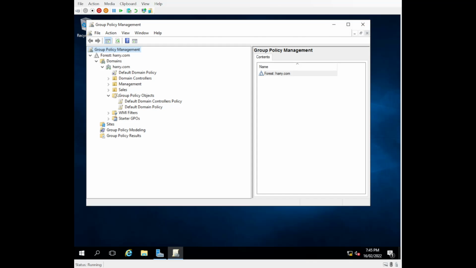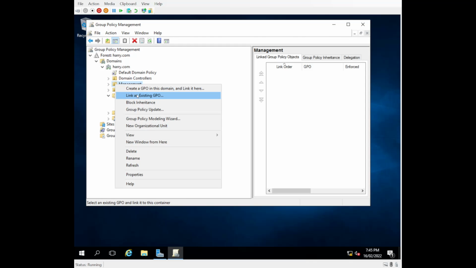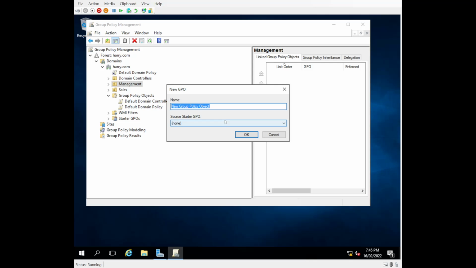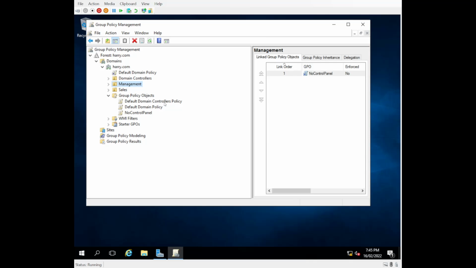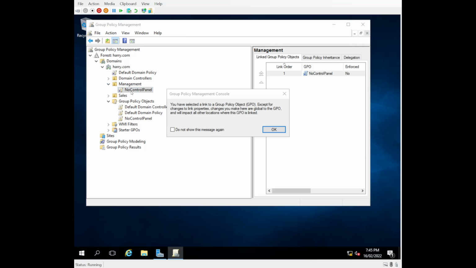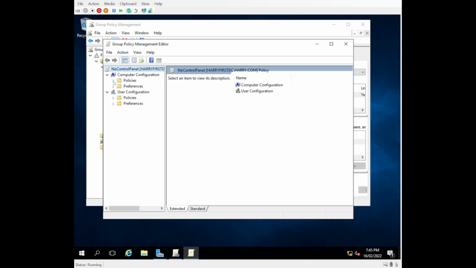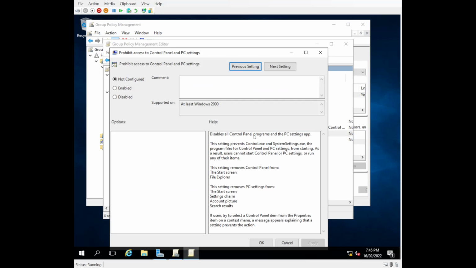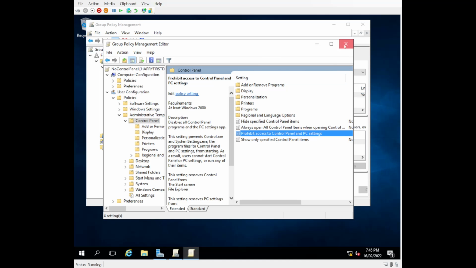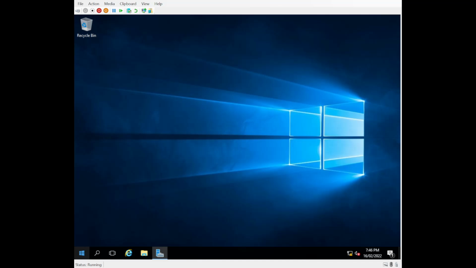Alright, so group policy. We'll go to management, right click, create a GPO, and we'll say no control panel. Okay, right click, edit, policies, administrative, control panel, prohibit access, enabled, apply, OK. Cool. Let's jump onto,